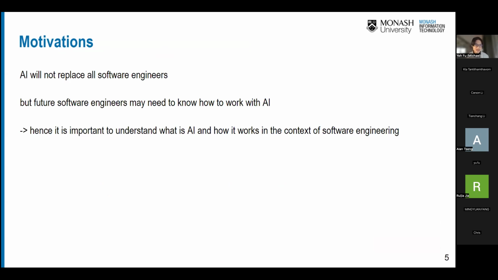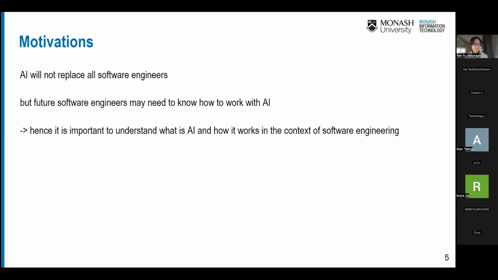software engineers, but it definitely will enhance some of the repetitive effort from the human. So future software engineers may need to know how to work with AI instead. You will need to learn more than software engineers before, because imagine 10 or 20 years ago, we didn't have these AI tools. However, now we have them, and they can reduce some of the manual effort from the human. We don't need to write repetitive code by ourselves, but we do need to know how to work with